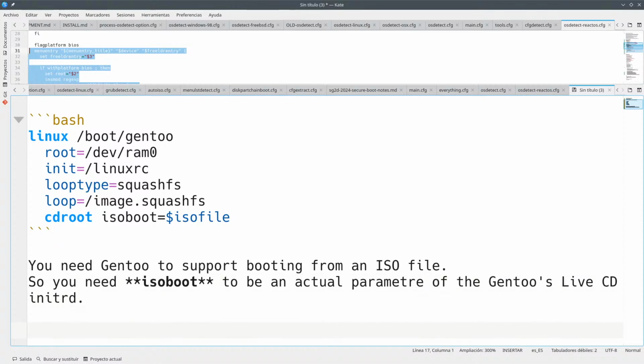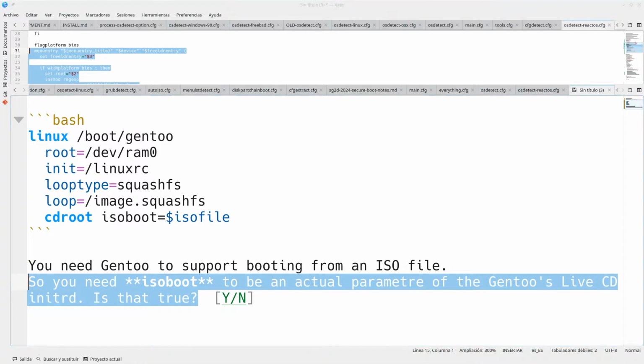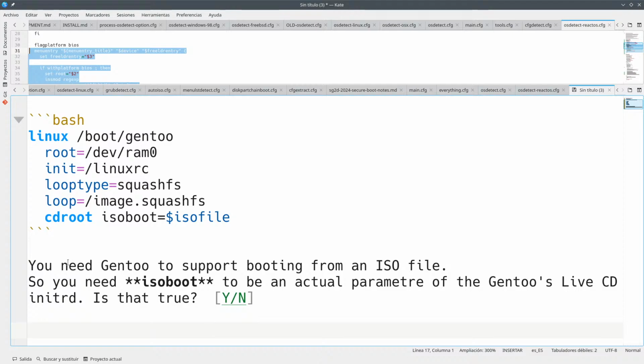Okay, is that true? Then you can answer me yes or no. See if you have that documentation. Okay, so this is the first thing you need. Then you need to init linux rc loop type squashfs.